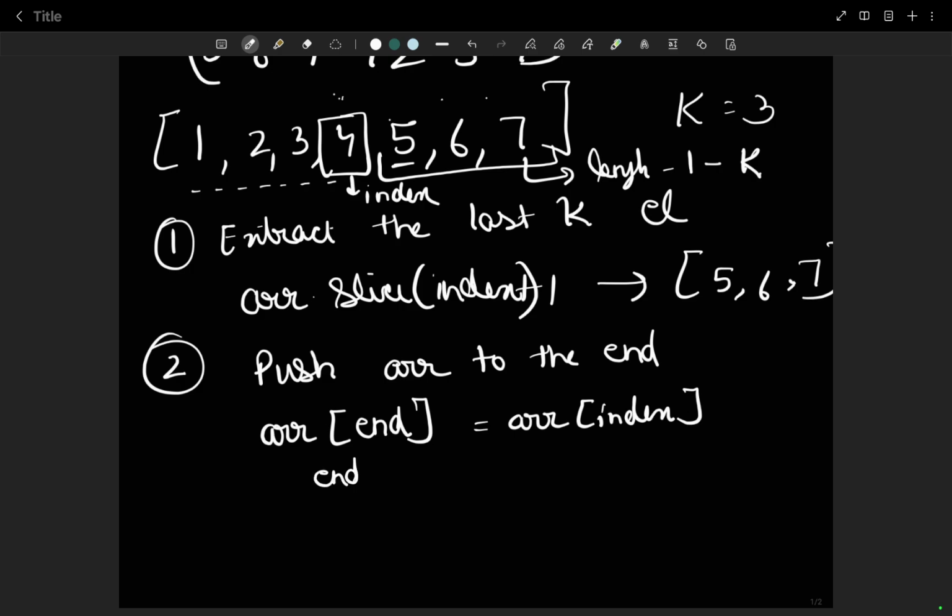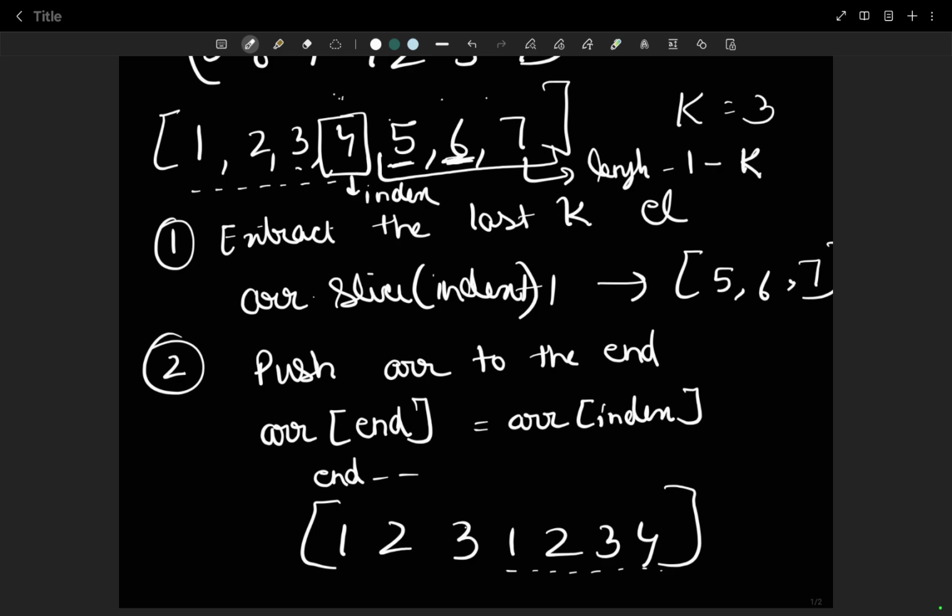We decrease end by one, and it reaches here. Now 6 will be replaced by 3, end minus. 5 will be replaced by 2, end minus. 4 will be replaced by 1. So our answer will be 1, 2, 3, 4 and 1, 2, 3. This is because it shifted towards the right-hand side.